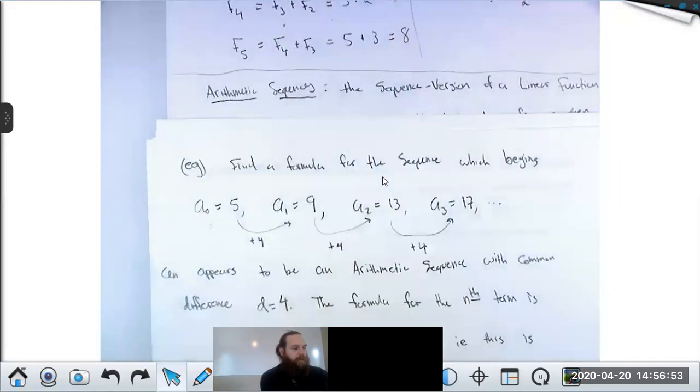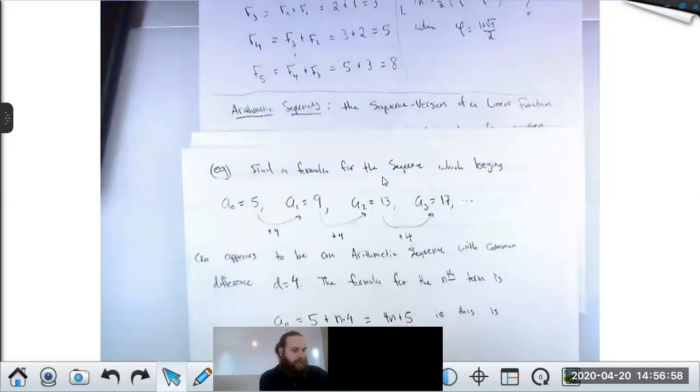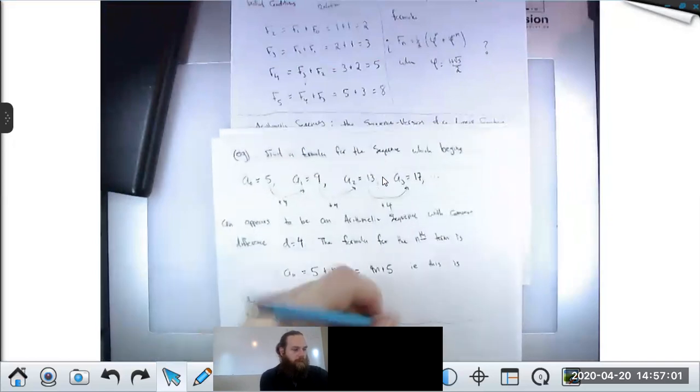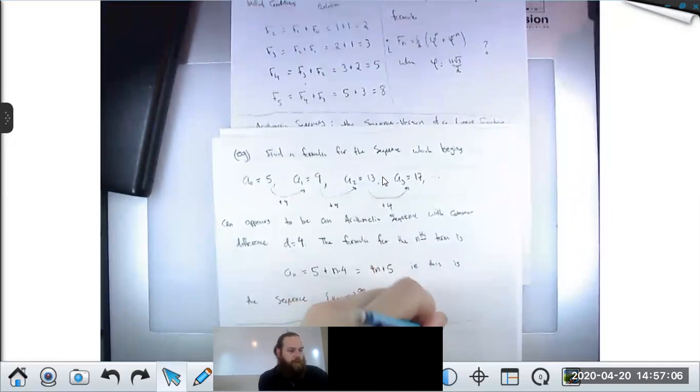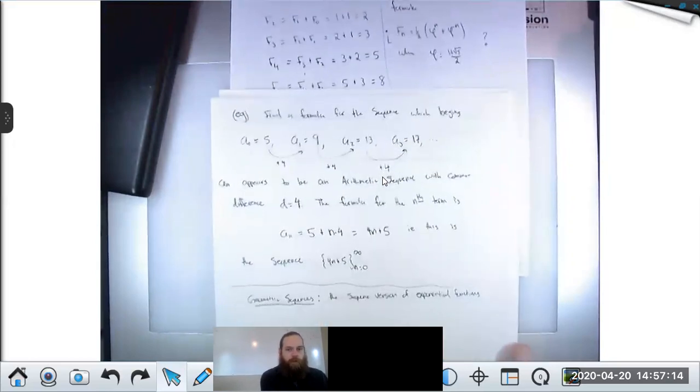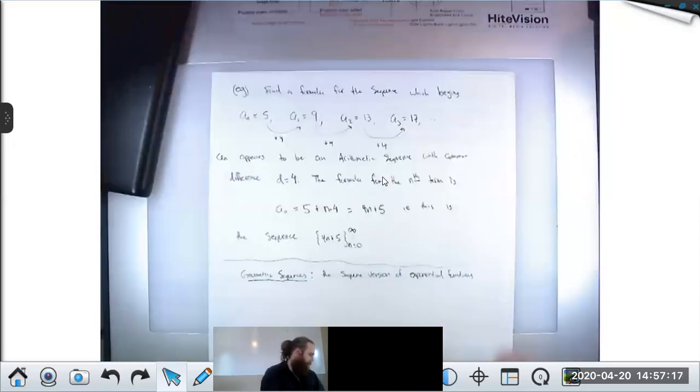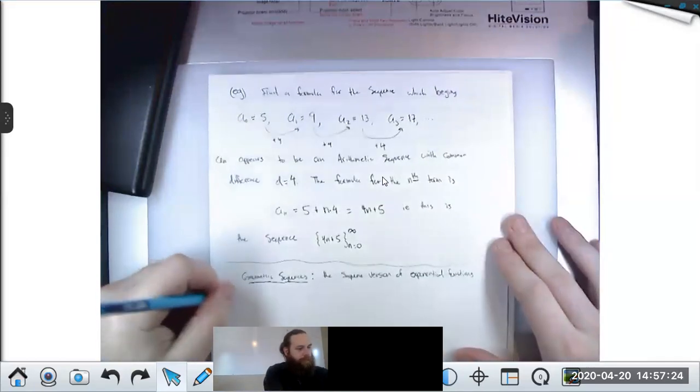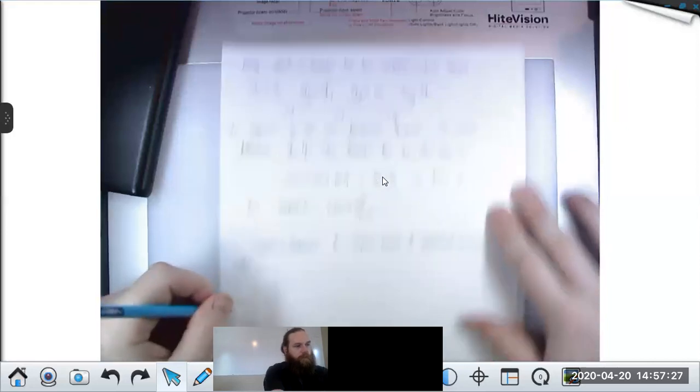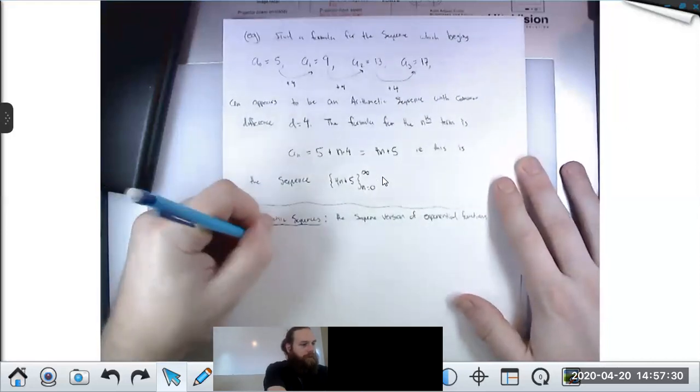A geometric sequence is the sequence version of exponential functions. What I mean by that is, these are sequences, a geometric sequence,